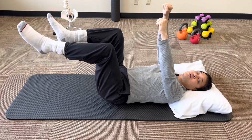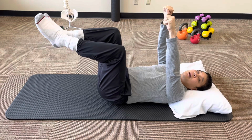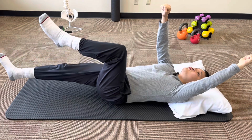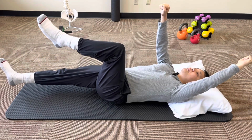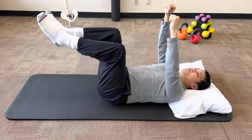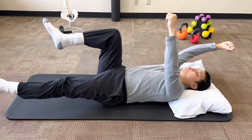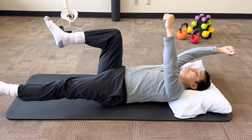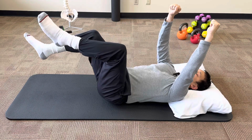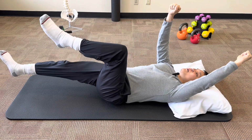Again, nice and slow, nice and controlled, while making sure you're keeping this back as flat and as flush against the floor or against the mat the entire time. Let's go left arm, right leg. Slow, controlled. I won't be able to talk much since this is actually quite challenging. Feel a lot of shaking, a lot of quivering in my abs. Left arm, right leg, slow, controlled, pull it back up,